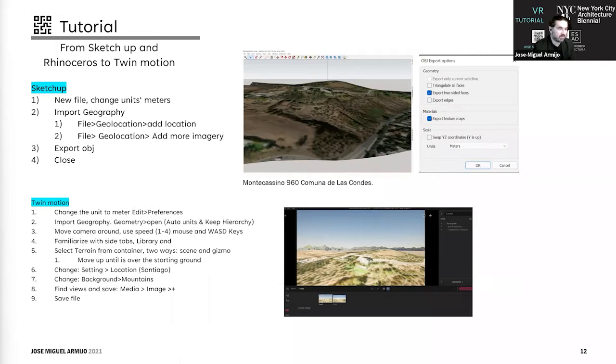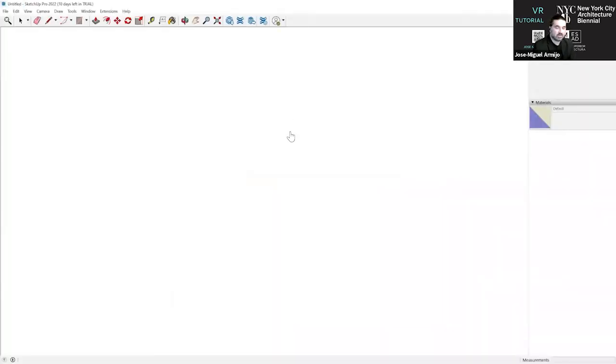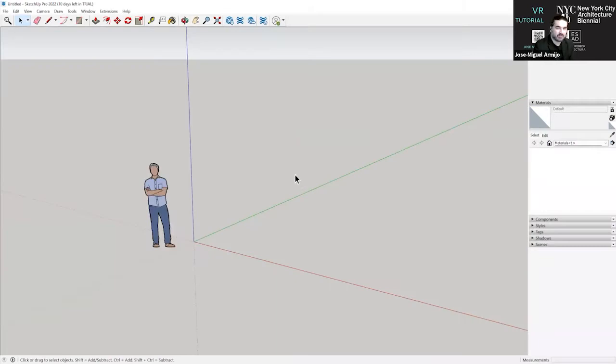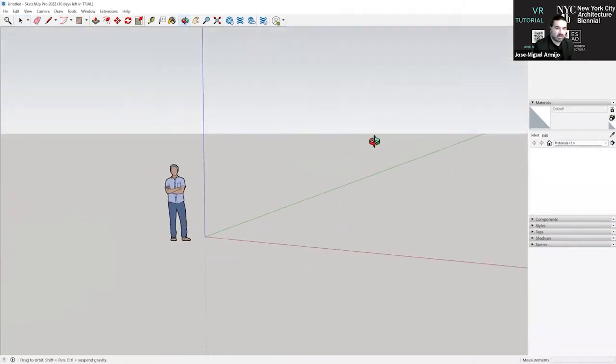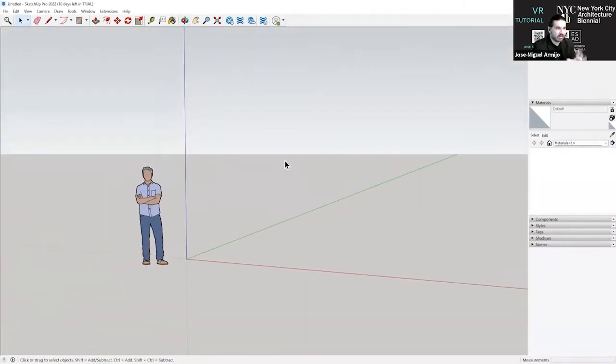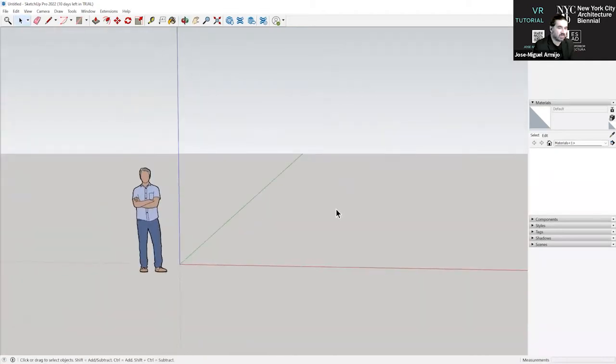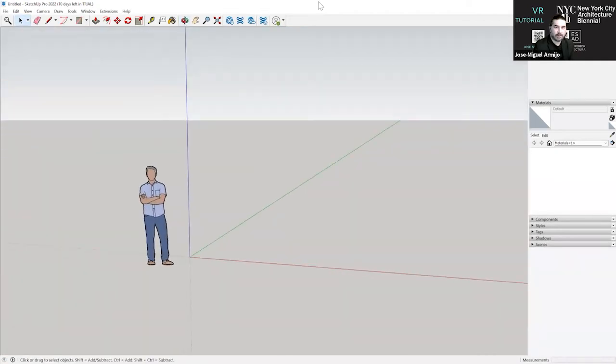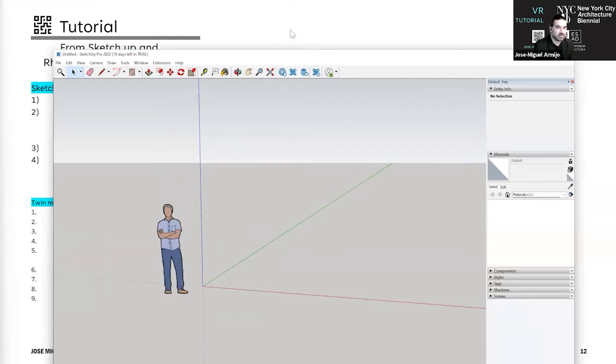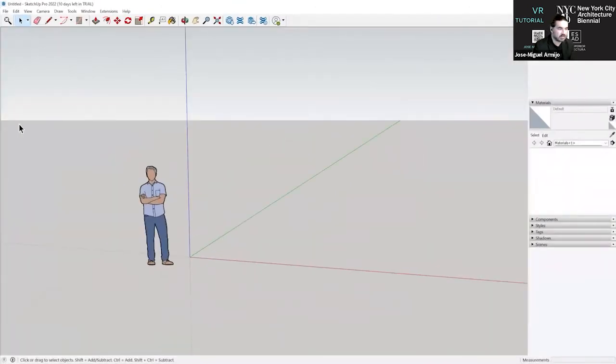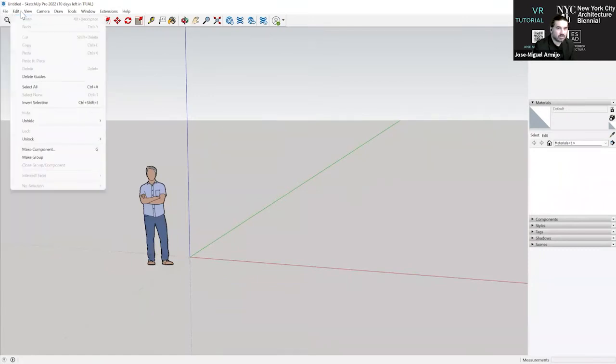That will be enough for us to do this exercise. When you open SketchUp, choose architecture and meters. If you want to be sure of the units you are working in, you can go to